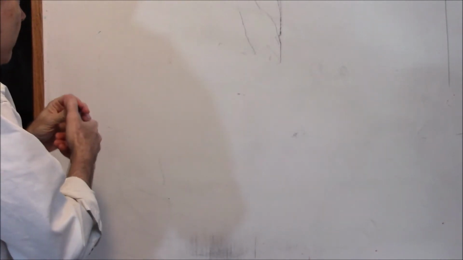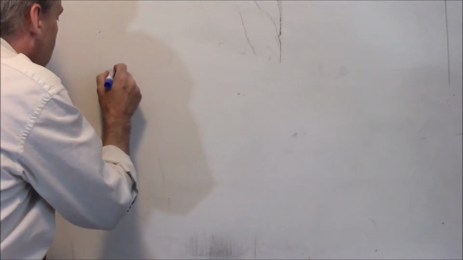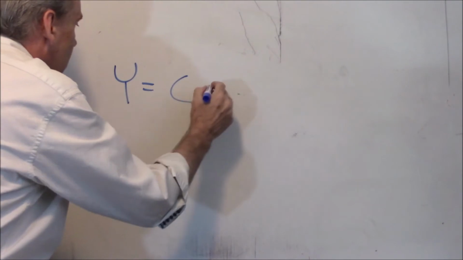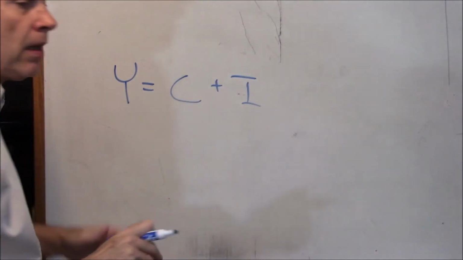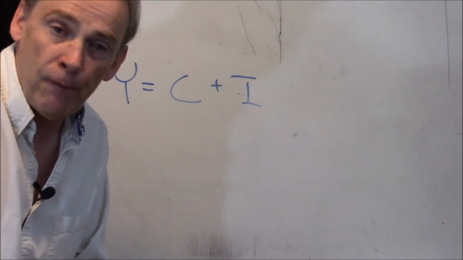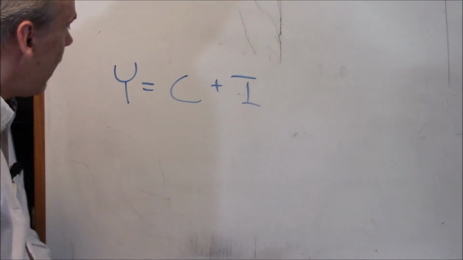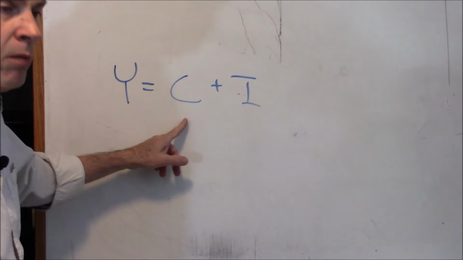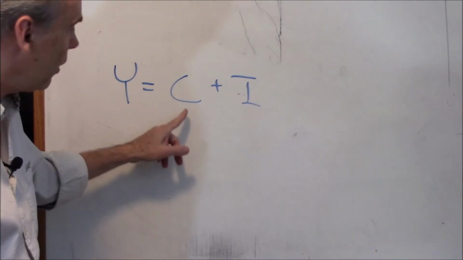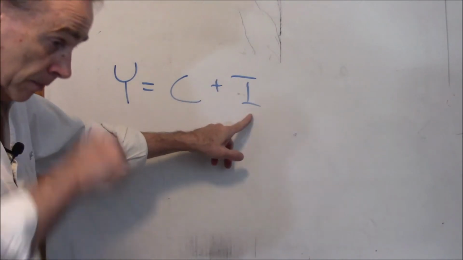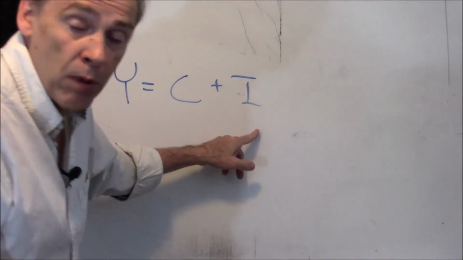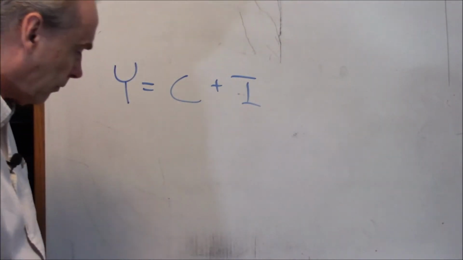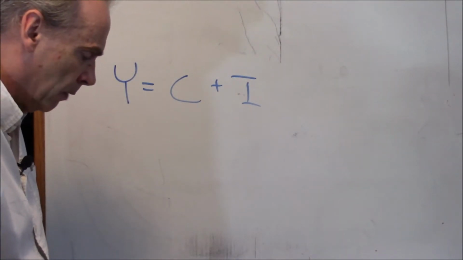Going back to this, in this simplified world, there's only two kinds of final expenditures, all right? Consumption goods and investment goods. When consumers buy consumption goods or services, we put the number here. When firms build a new factory, we put the number over here, all right? Okay, in our simplified world.